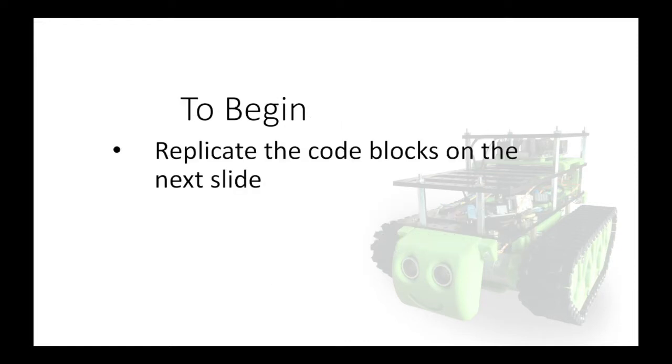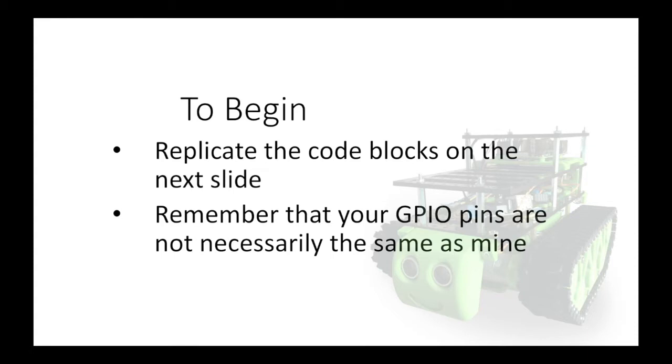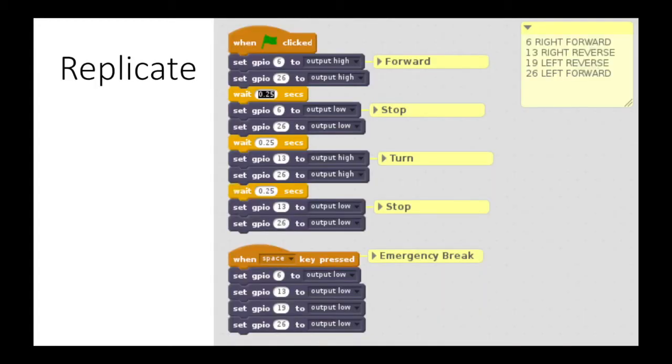To begin with, we're going to replicate the code that appears on the blocks on the next slide. You need to remember that your GPIO pins are not necessarily the same as mine, so you'll need to change the numbers accordingly. We're going to replicate this code. Here it is in the PowerPoint slide. I'm now going to move across to